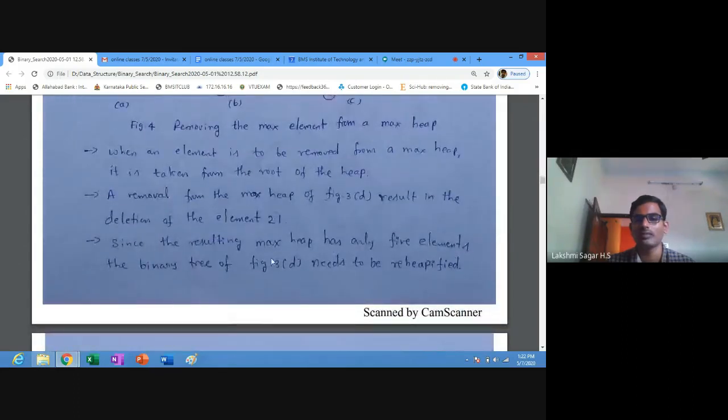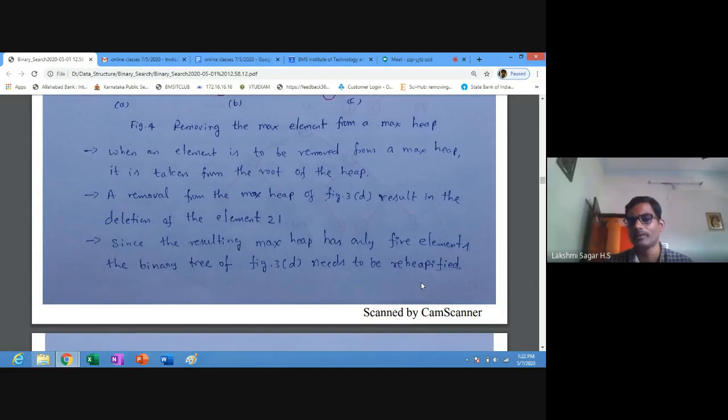Since the resulting max heap has only 5 elements, the binary tree of figure 3D needs to be reheapified. That rearranging of the elements according to their size, we call reheapified. We arrange it in increasing or decreasing order.